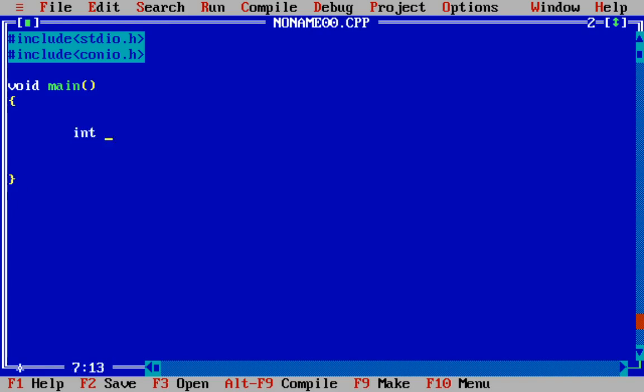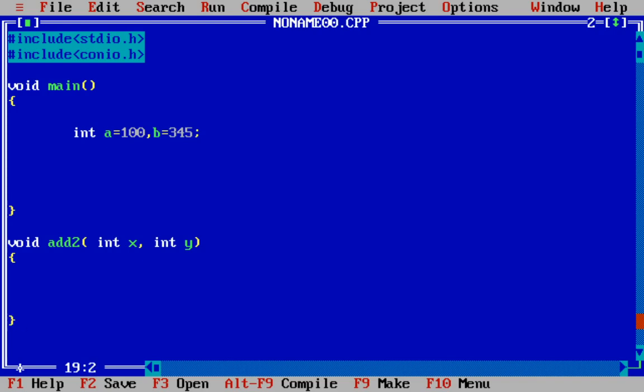Then we have gone for two variables. One variable containing 100, and another variable contains some different value. Now what I want to do is add this a and b, but using a function. So this is a simple function which will accept two parameters, two integer values, while executing: integer x, integer y.